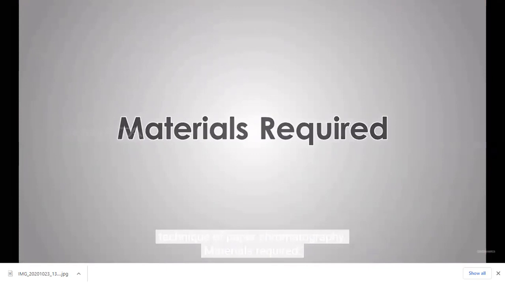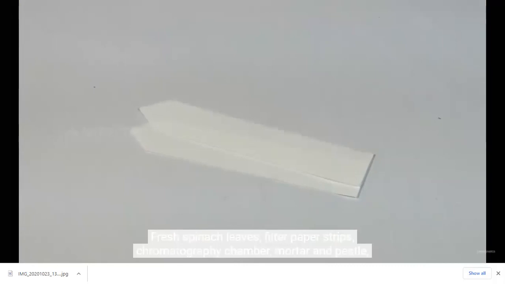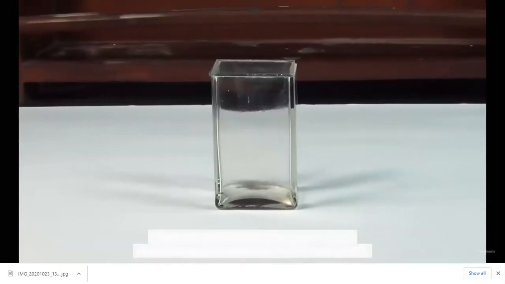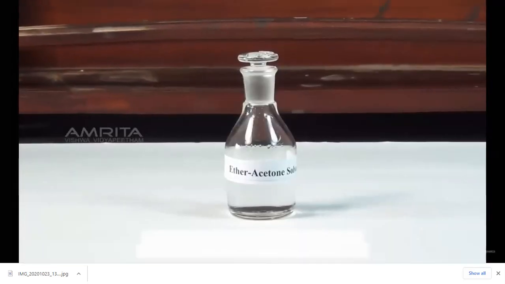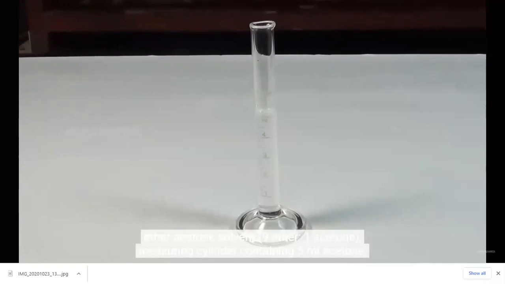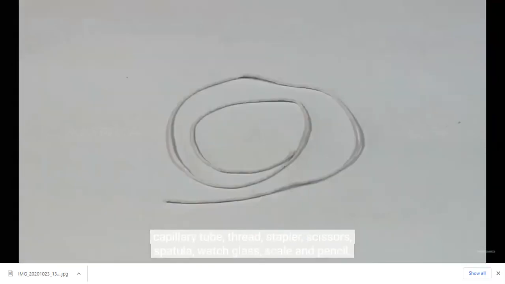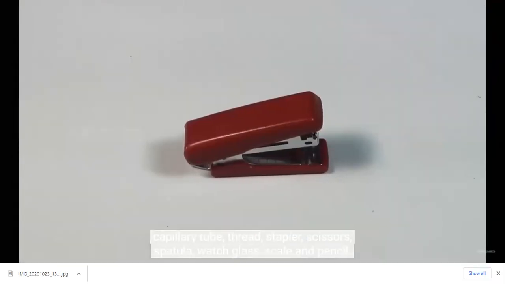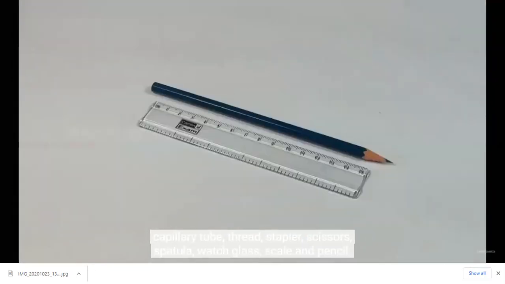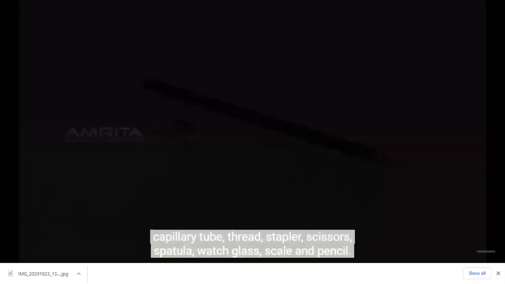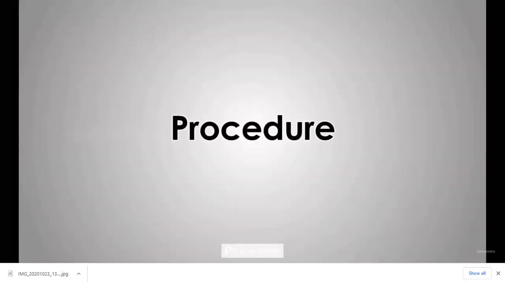Materials required: fresh spinach leaves, filter paper strips, chromatography chamber, mortar and pestle, ether acetone solvent, measuring cylinder containing 5 ml acetone, capillary tube, thread, stapler, scissors, spatula, watch glass, scale, and a pencil. Procedure: